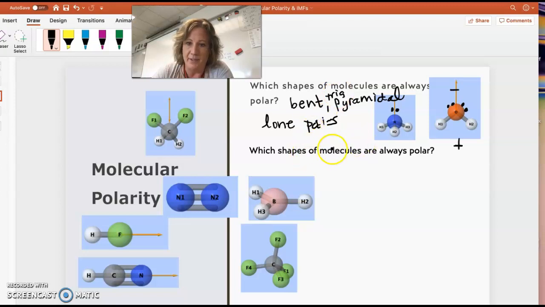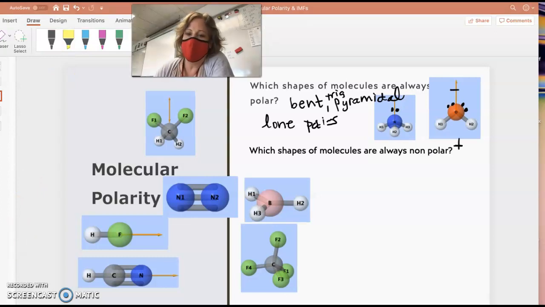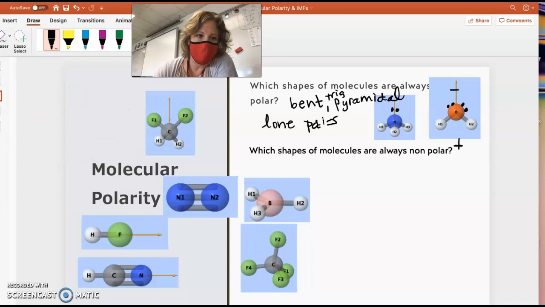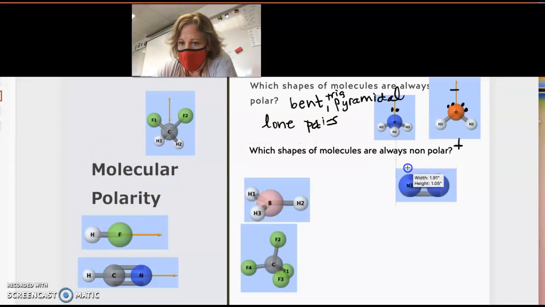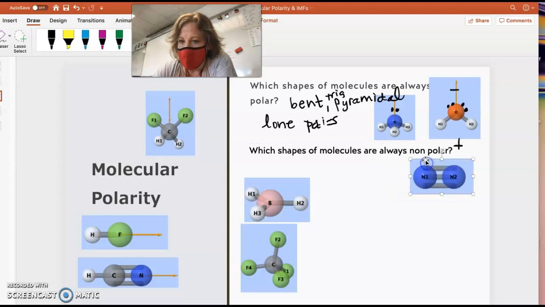What shapes, no, this isn't worded right, but there are some shapes where as long as everything cancels out. Okay, so which shapes are always nonpolar? If you have a linear shape, if they're identical atoms, they're going to pull exactly the same. Those are always going to be nonpolar, a linear with two identicals. And then